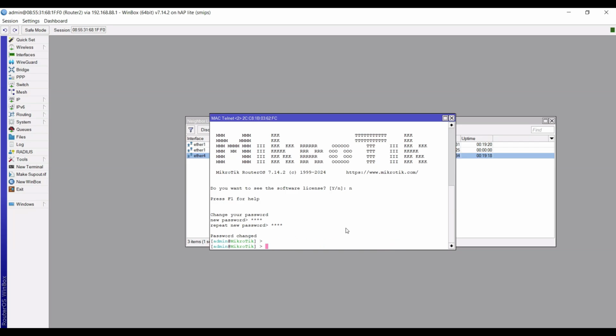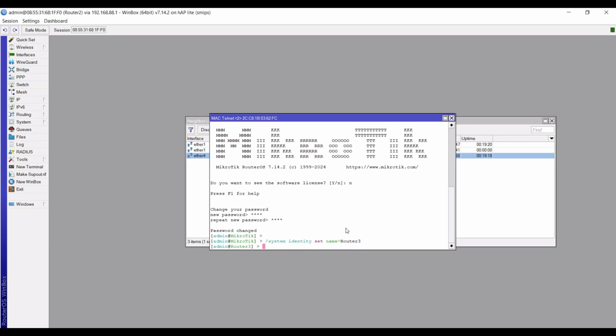We will also set the identity of this router. I will name this router 3. We are now done here in router 3. Let's close this Winbox session.